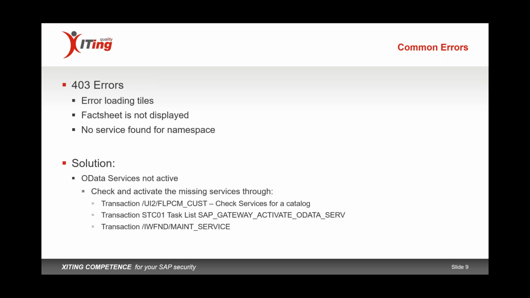But then, from time to time, we upgrade the system. The system is always changing, right? So there could always be problems. So the content manager might be a good one to find and check services in a catalog. We can use the task list in STC01 transaction. Talk about that as well. There's different rapid activation functionality where we can also activate tasks and certain things. But then also from the gateway where we have a service maintenance transaction